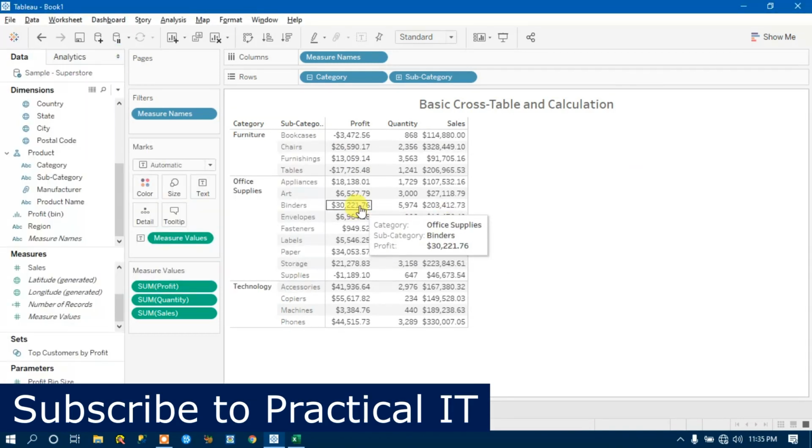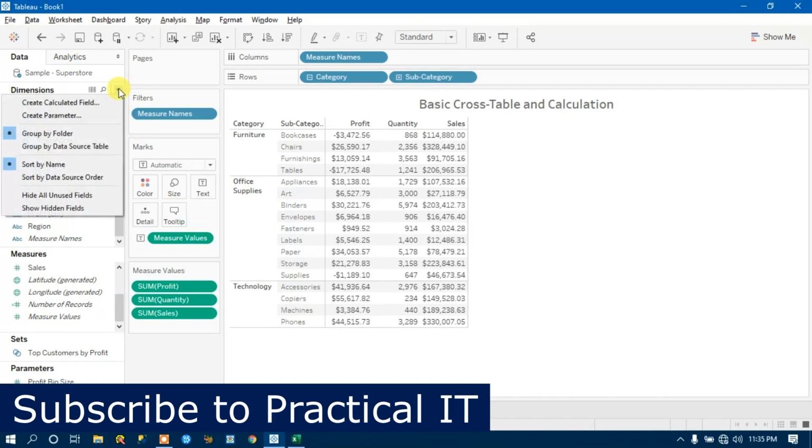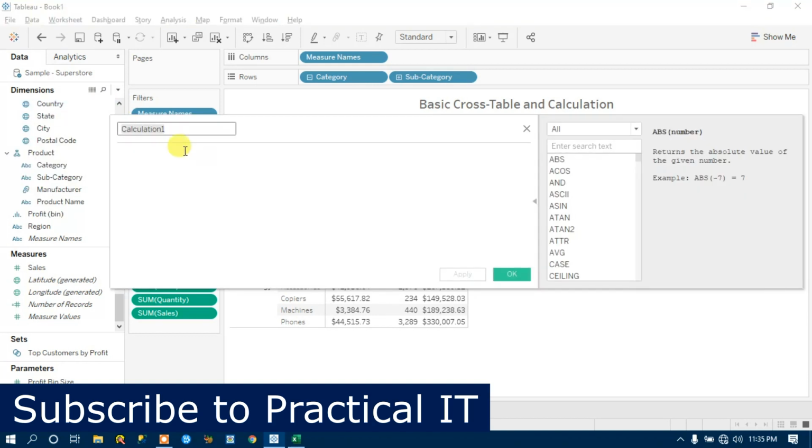Now again my focus shifts to percentage. How will we calculate the percentage? First of all, I will go to this drop down icon and say create calculated field, and I will call it profit underscore percentage.